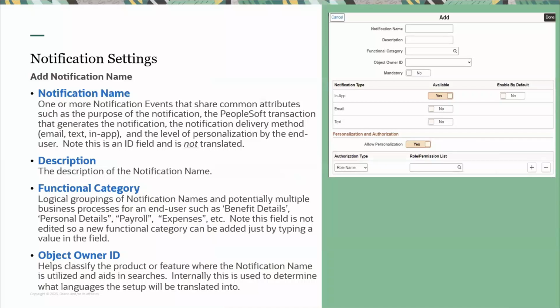All right, so let's dig in a little bit more. Let's say you were adding a notification name. Of course, the notification name field, we've talked about this multiple times, so I'm not going to go into that. The description of the notification name, the functional category, which is the logical grouping, like maybe a whole bunch of notification names related to benefits or payroll or expenses. This kind of groups